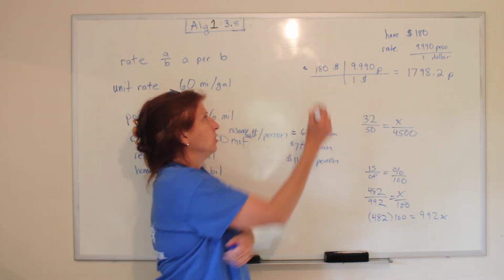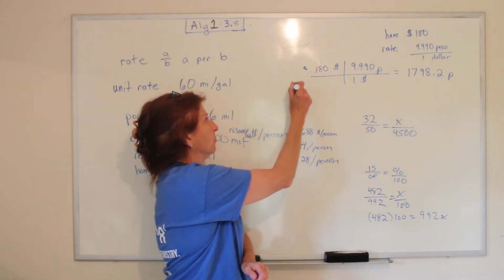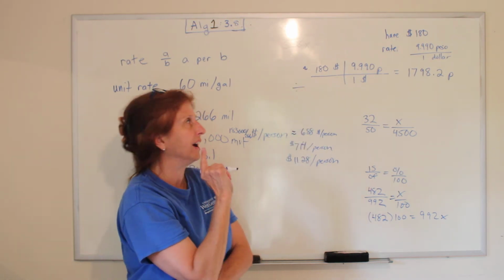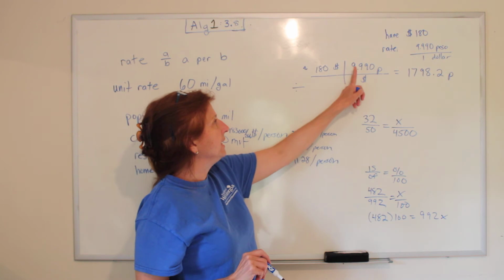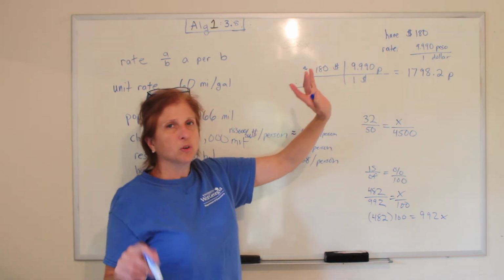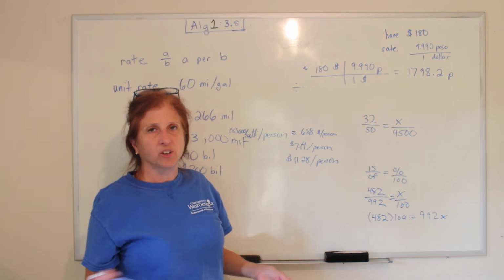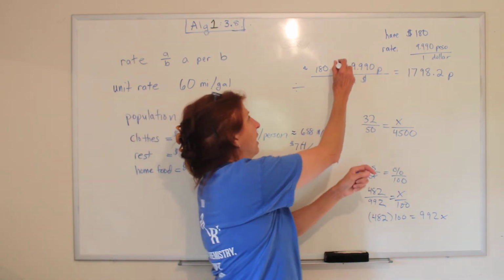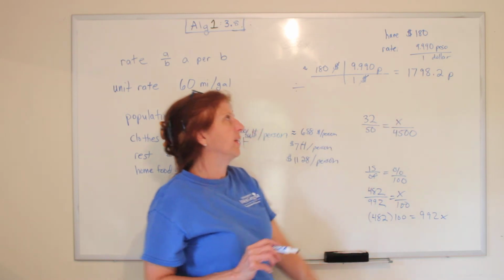Any number in the numerator gets multiplied. Any number on the bottom gets divided. So you do 180 times 9.99 divided by 1, but to divide by 1 you don't really have to do it because it's itself. The dollars cancel out and you're left with